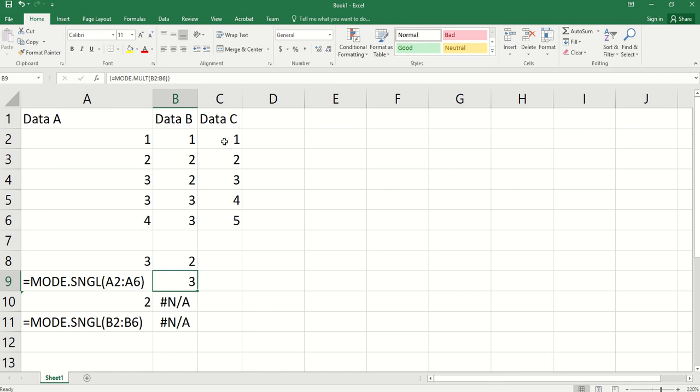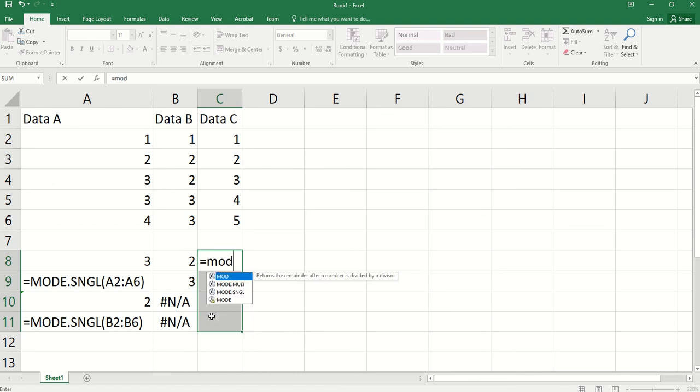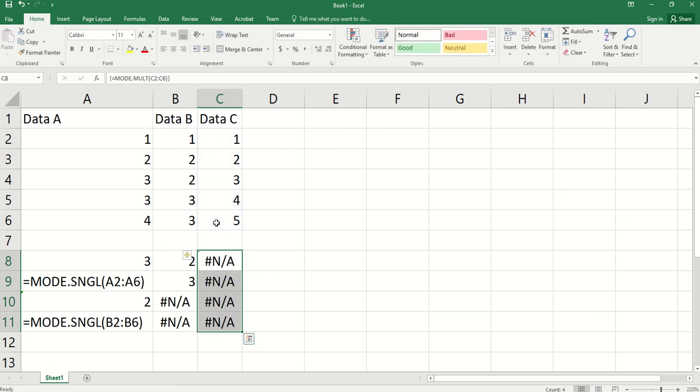Okay. In the third example, we have 1, 2, 3, 4, 5. Here we have no mode. We can still try to use MODE.MULT. You see, we don't find any mode. Okay, so here you can see the formula.